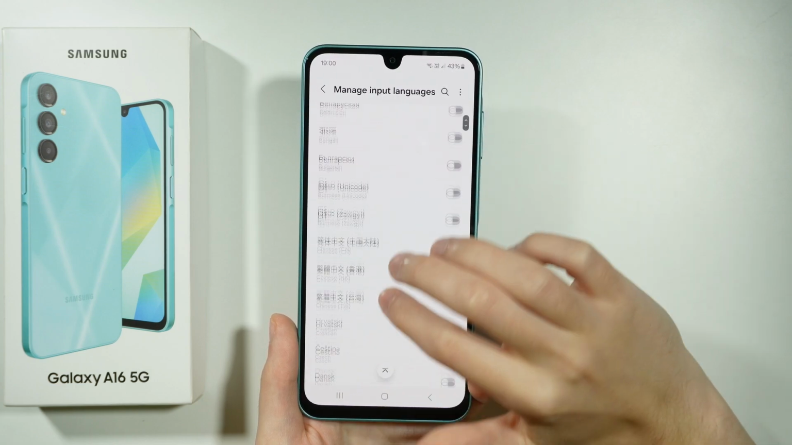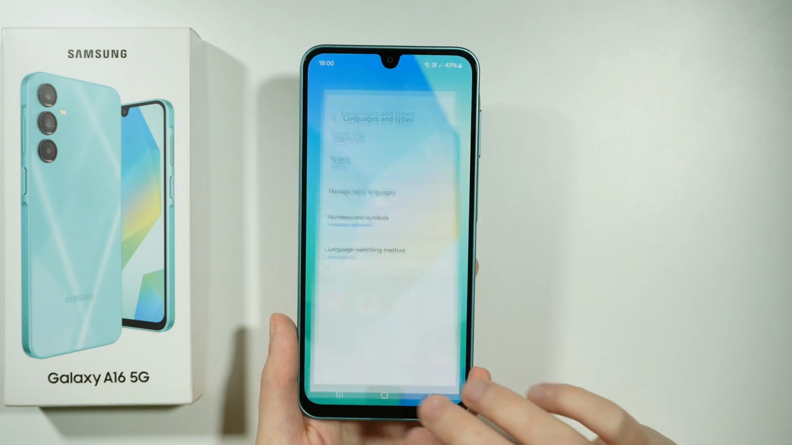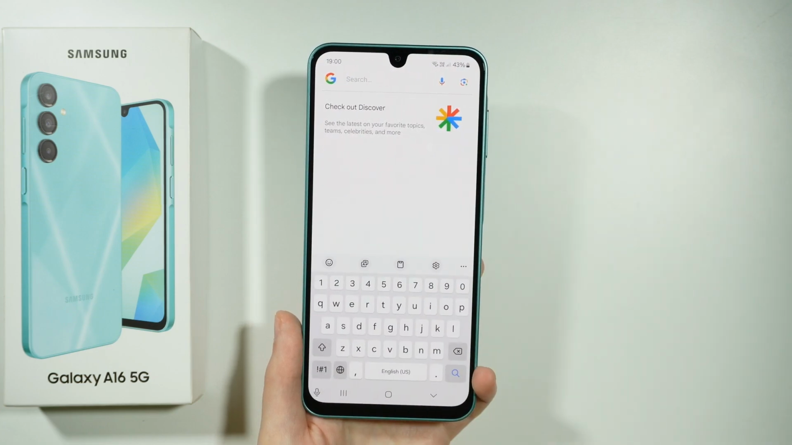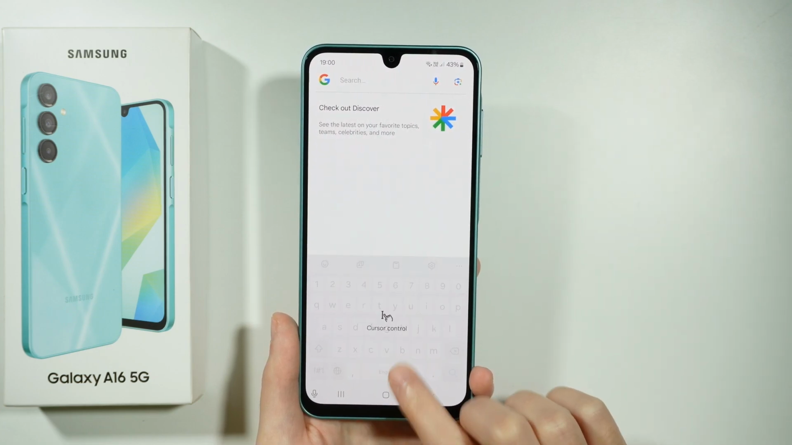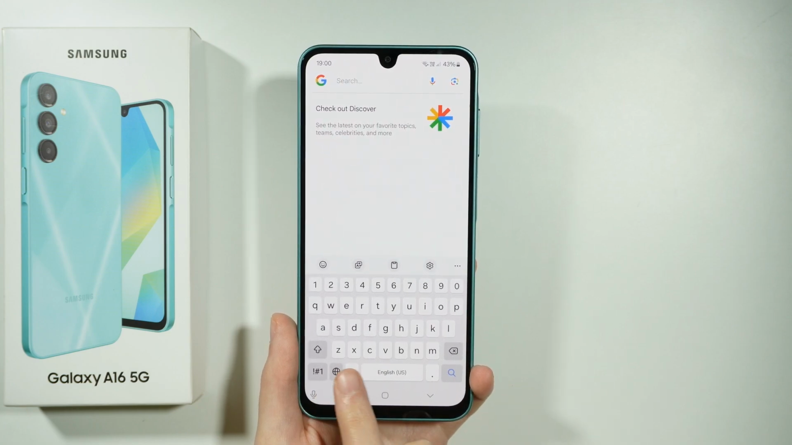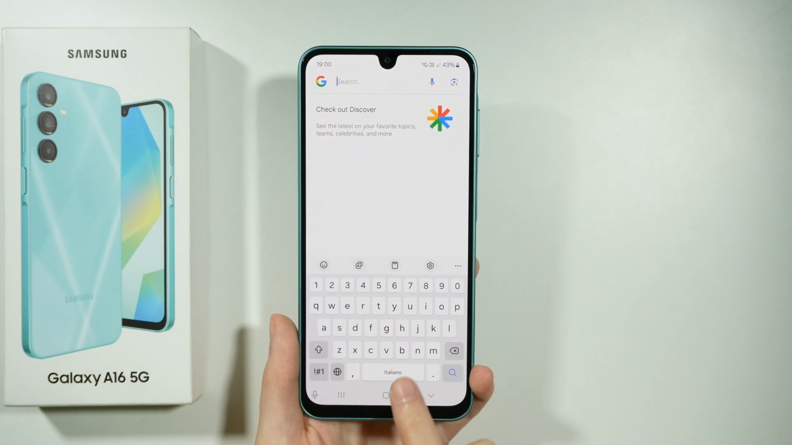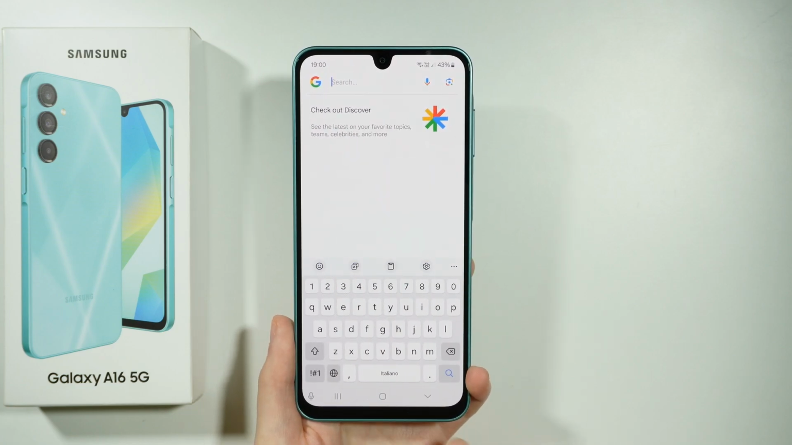Now, if you have more than one language, you can still switch it while using the keyboard. So let's open the keyboard. And now we can press and hold on space. Sorry, not on space. We need to press this icon over here, this globe icon, in order to switch between different languages. So the current language will be visible on the